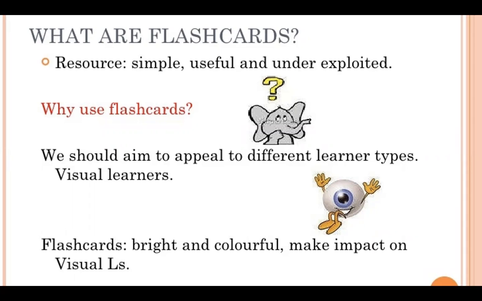And why do we use flashcards? We should aim to appeal to different learner types, visual learners. For example, I'm a visual learner. I take pictures. For me, the years and numbers I cannot remember, because my memory is a visual memory. I can remember the size of it, the beauty of it, the nature, the shape, but the numbers I cannot remember. I cannot remember names, for example. So everyone has got a typical memory way. That's why I went for flashcards, which supported me and helped me a lot.